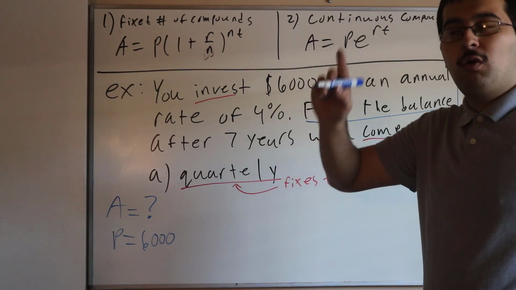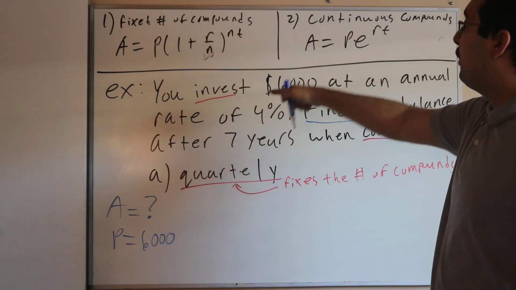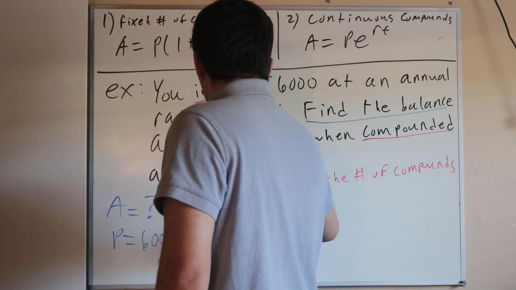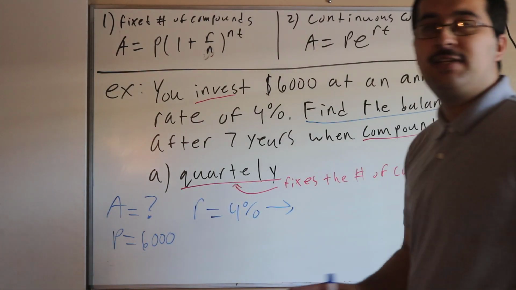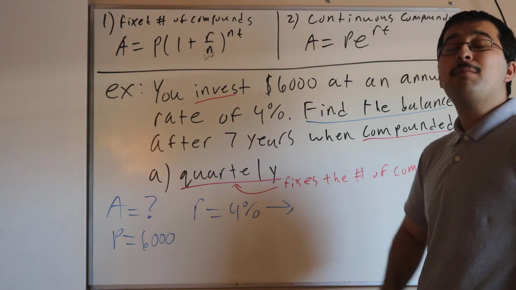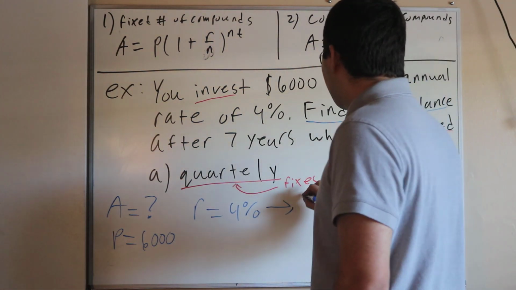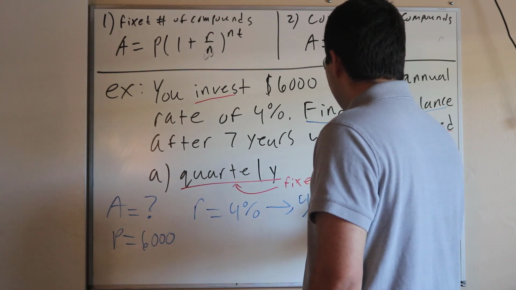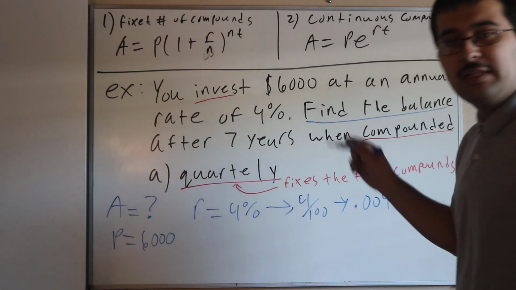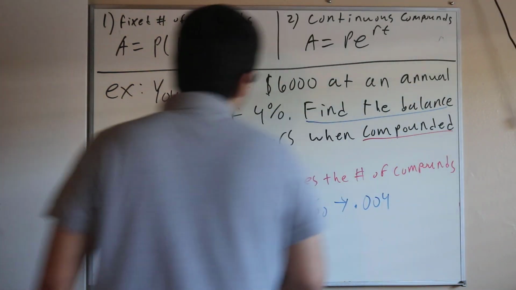Now remember, when I first introduced these equations, I said that R is always in decimals. In other words, I want to convert that 4% to a decimal. Remember, percentages aren't numbers in the form we need. We need to convert this percentage to a number, and so all we need to do is divide by 100. So we get 0.04. That is our R. R is not 4, R is 0.04. And then moving forward from there,